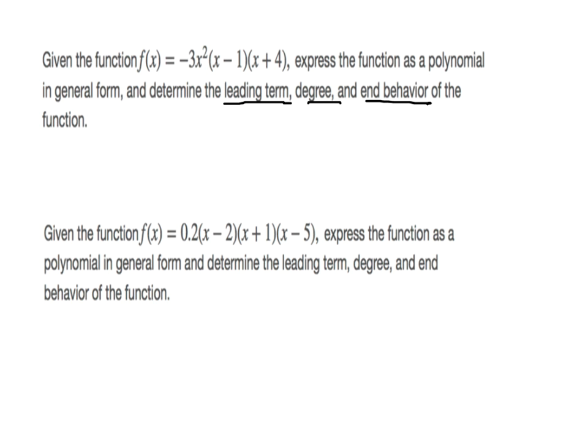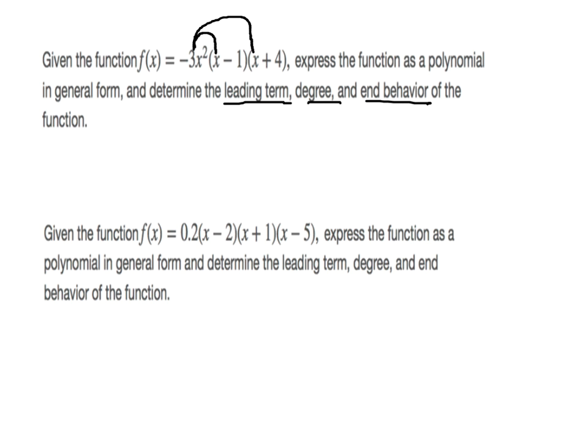But what you do have to multiply is what would make up the first term, the leading term. And what's going to make up that leading term is this first monomial factor being multiplied